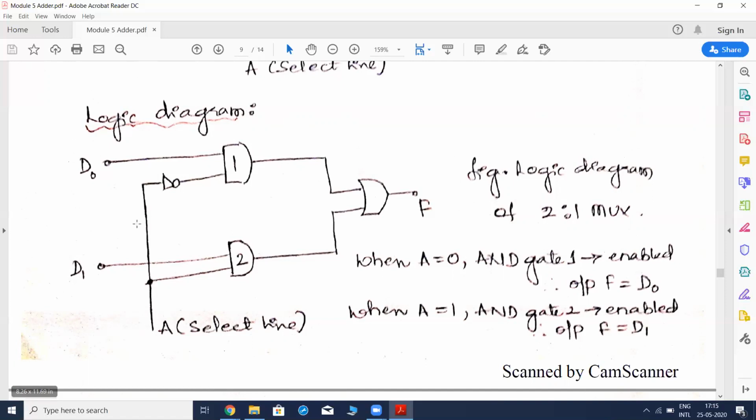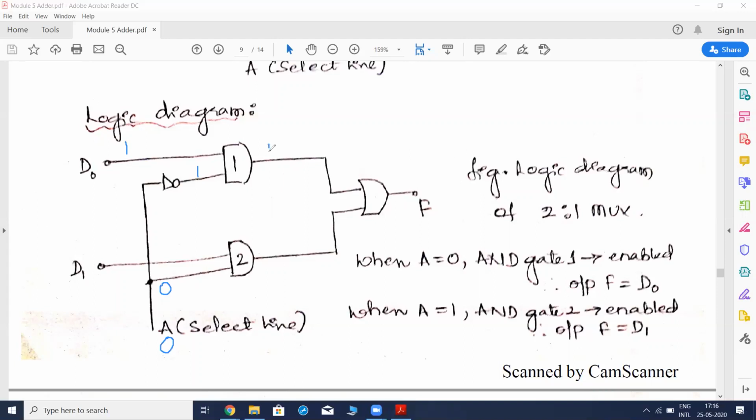For example, if we take the data like this, say we are taking 1 over here, and our select line is 0. So our select line is 0 and data is 1 over here. Now when we give 0 over here, the thing that is appearing over here will be 0. But here, 1 will appear at the input. So both of them are ones.